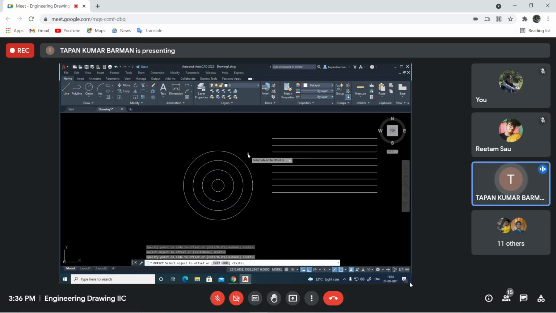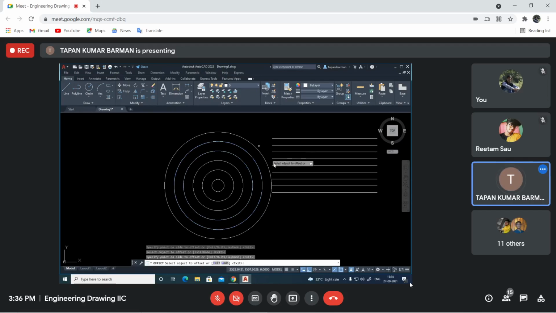This object, point to side. Understand? So this way we can use the offset command. The same thing can be drawn using the line command or the circle command multiple times.